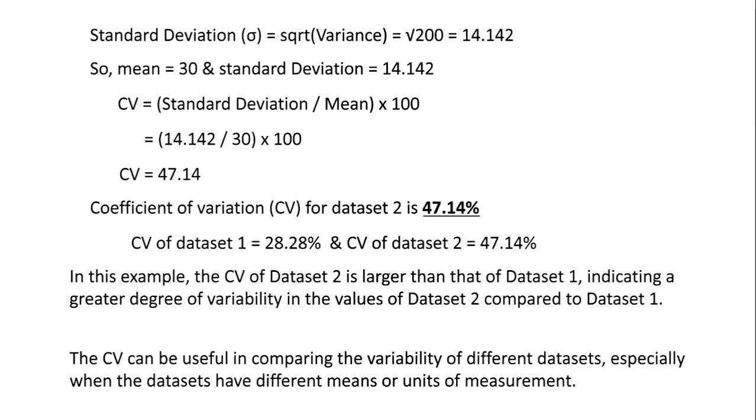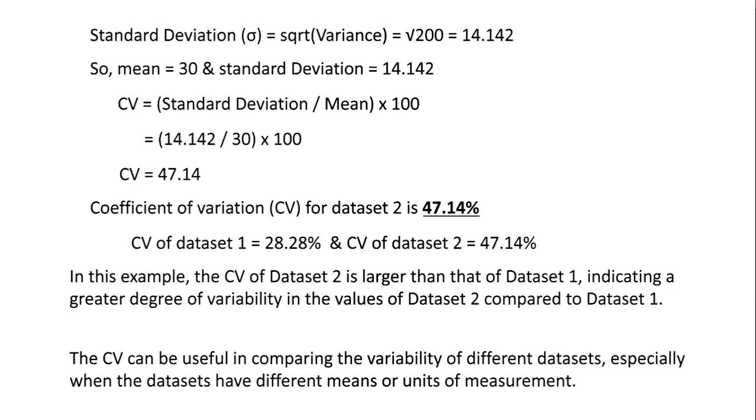Standard deviation, sigma, equals square root of variance, equals square root of 200 equals 14.142. So, mean equals 30, and standard deviation equals 14.142. CV equals standard deviation by mean into 100 equals 14.142 by 30 into 100. CV equals 47.14. Coefficient of variation, CV, for data set 2 is